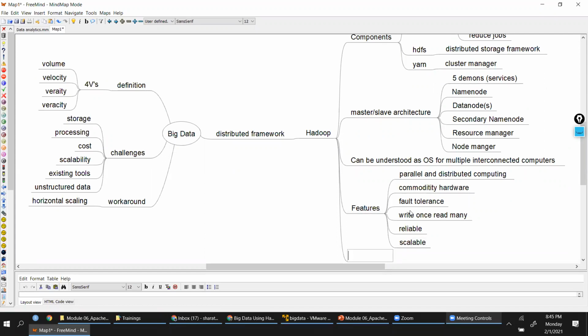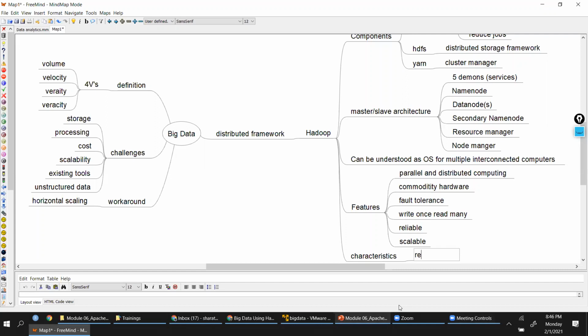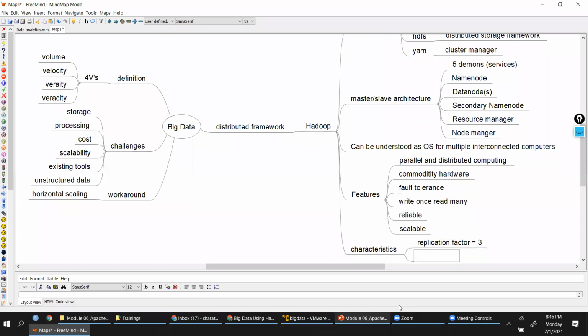Now, in order to achieve these features, it has certain characteristics. These characteristics basically are replication. The replication factor by default is 3. Right? It copies the files, but before copying, you need to understand that it has the feature of partitioning the data, right?